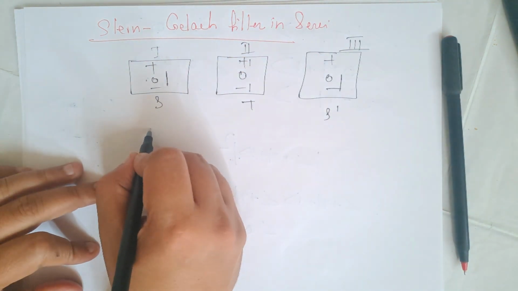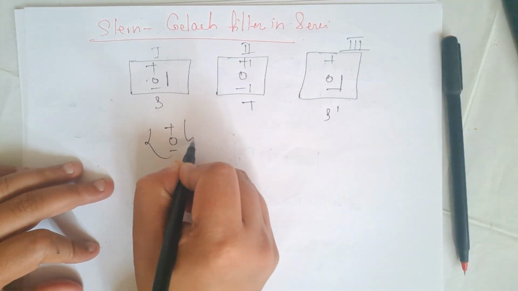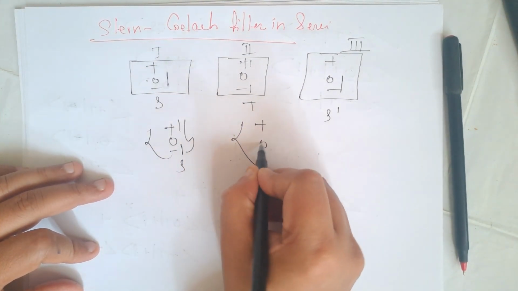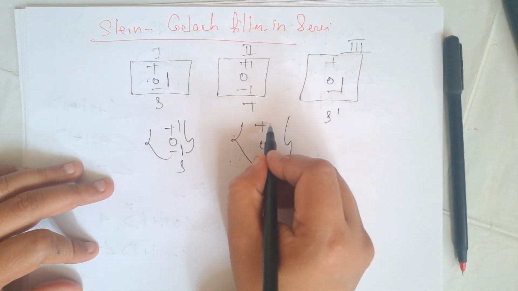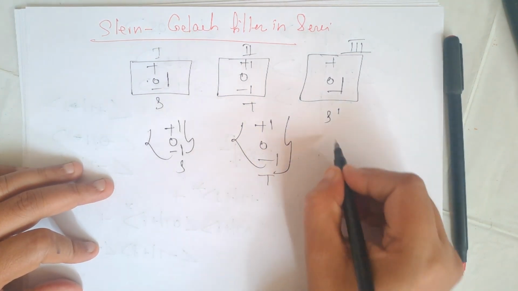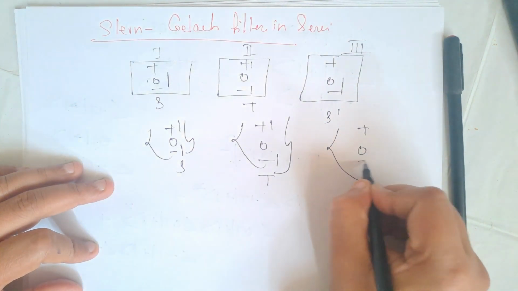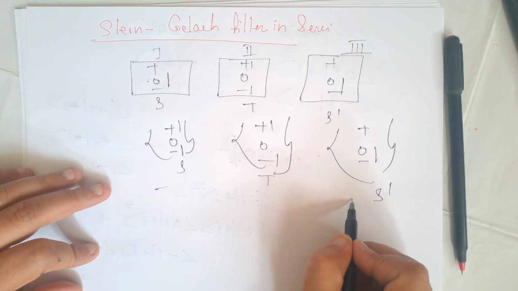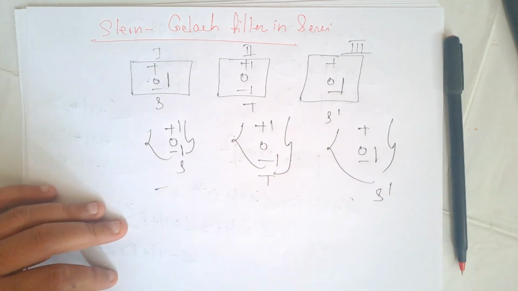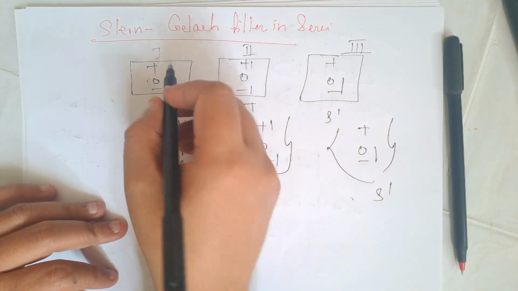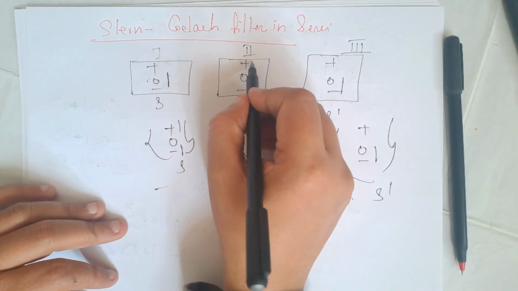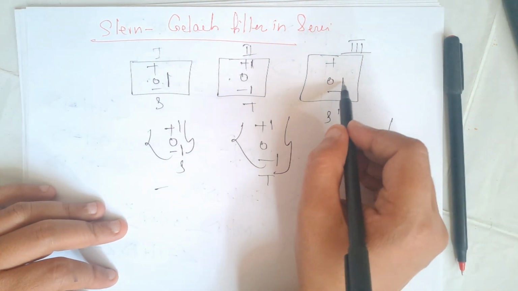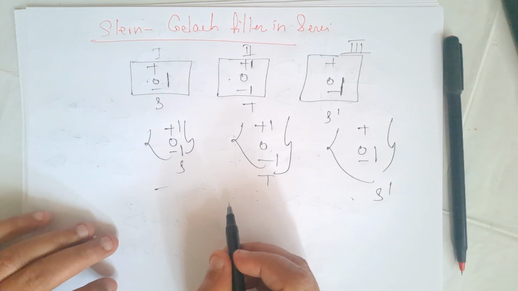And the symbol for this one is plus 0 minus for the S apparatus, plus 0 minus for the T apparatus, and for S dash plus 0 minus. So these are the symbols for these apparatus. And again we can use different filters. Instead of blocking different beams in different apparatus, we can block the same beam in all these different apparatus, and the probability of getting such